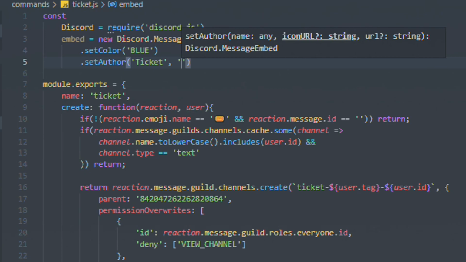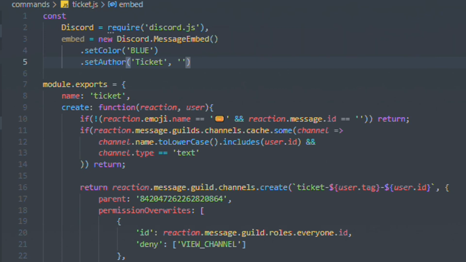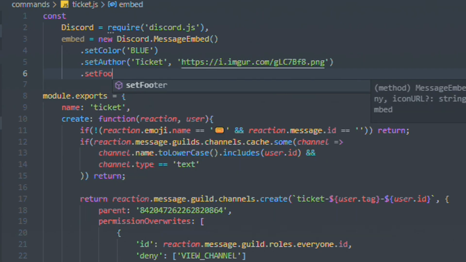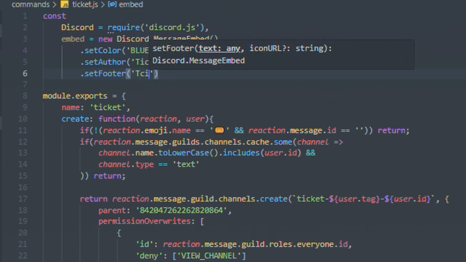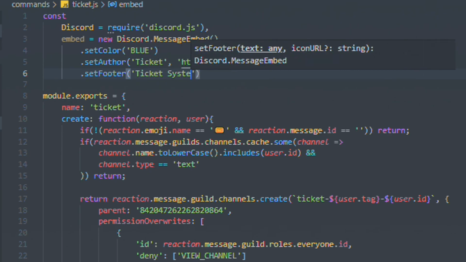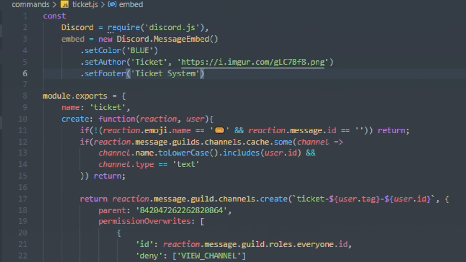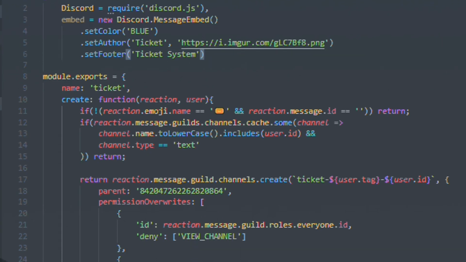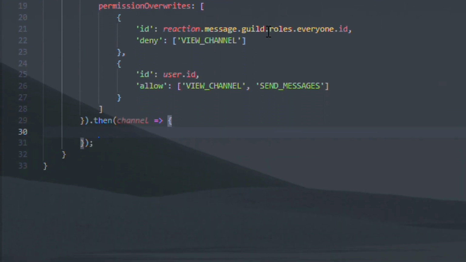And now let's add a nice picture. I found this image. Perfect. Let's use that one. Okay, and the footer, ticket system. And yeah, that's pretty much it. So that's the default embed I want to use. So now let's go back down here and write